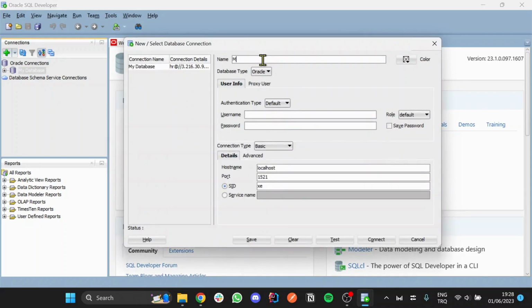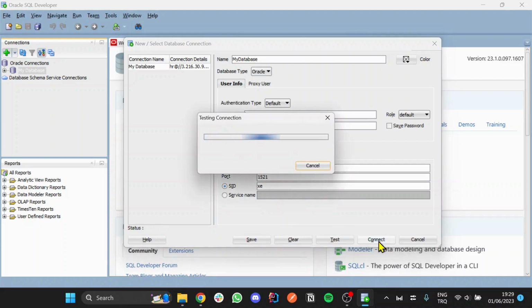and you can give any name, my database, and after that you will type your credentials and also you will type your host name. This is my host name and port number. Most of the time it's same, and you can click the test and it says success, and we can click the connect now